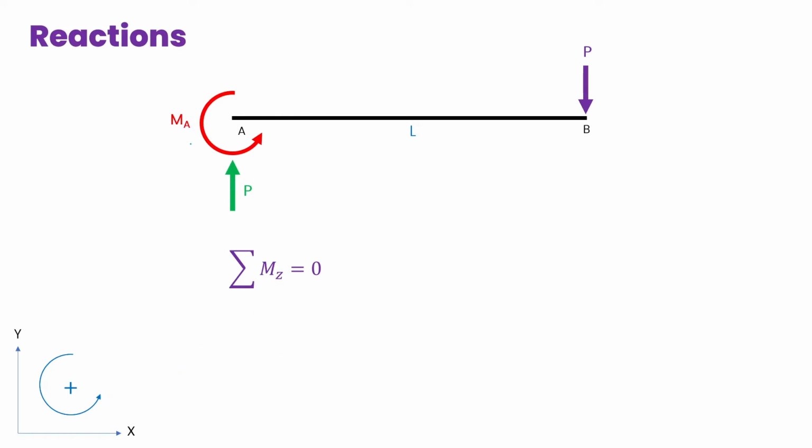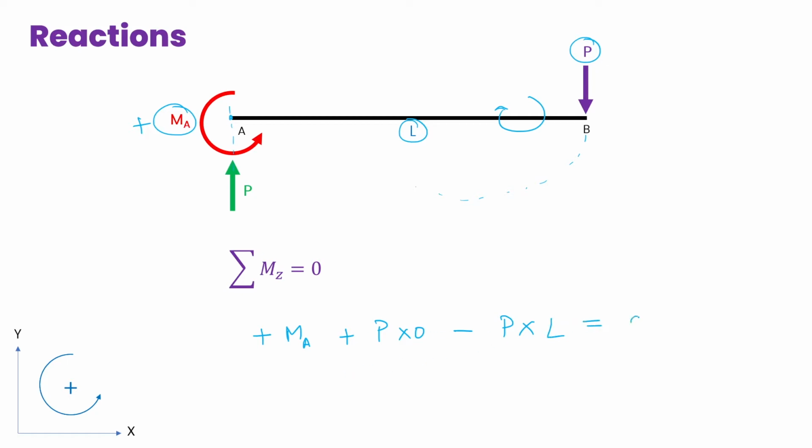So the first moment which we see is Ma. This is going to be positive because it is an anti-clockwise moment. So let's put in plus Ma. Now this P being exactly at this line is not going to be putting any moment on it. If we were to try to put it, we'd get P into a lever arm, which is going to be 0. Let's check this other P out. Now this P has a lever arm of L. However, the lever arm direction is this direction, and hence this is the clockwise direction. Therefore, I'll be getting a minus P into the lever arm, which is going to be L. These are all the moments which are acting.